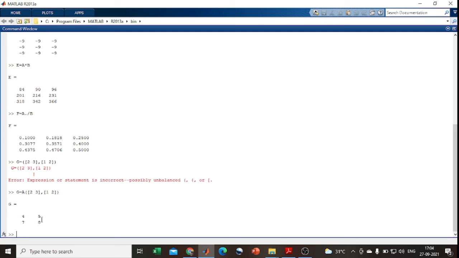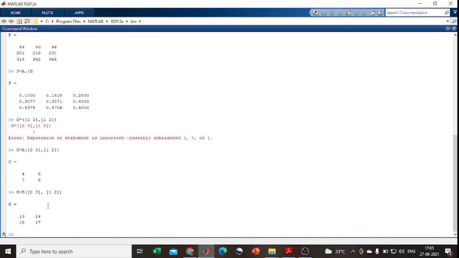If I need to select a submatrix from the B matrix, here I use the variable H is equal to the B matrix, so I use B. The same thing, B, open the square bracket, I place the second row and the third row. For that I place a comma, open bracket 1 2, after that close it.